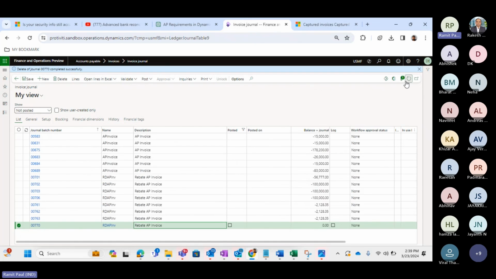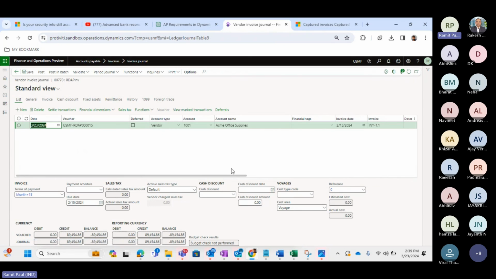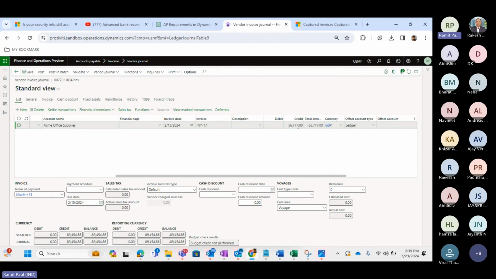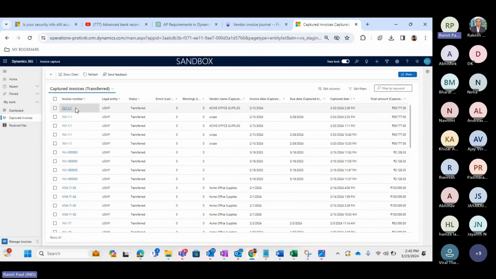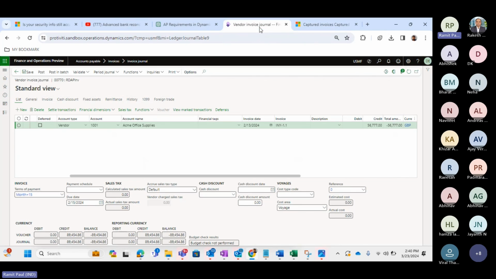And if I go to the invoice lines, you will see vendor name, invoice date, invoice number, amount, everything has been picked up correctly. Only a few, because there was a less confidence level, since that was a handwritten invoice. That was INV, what it was looking like. The system has picked it up as INY, and the due date is missing